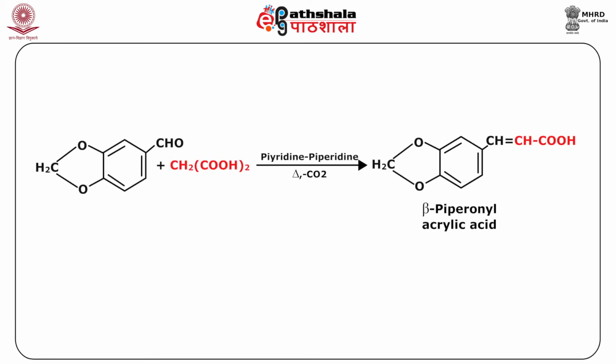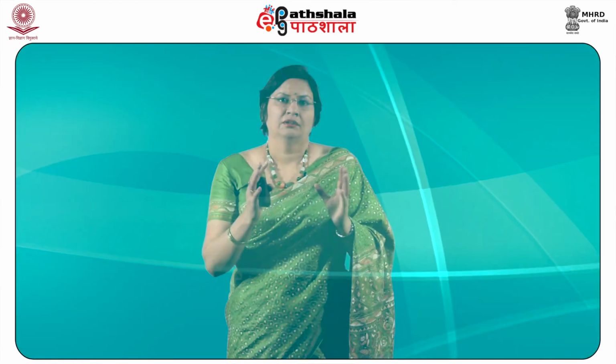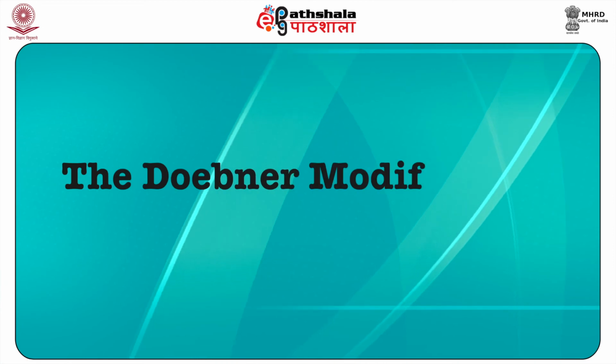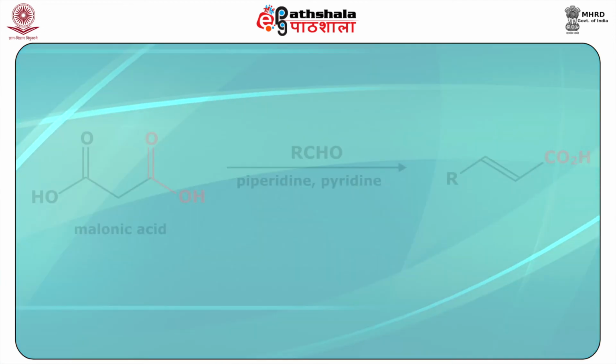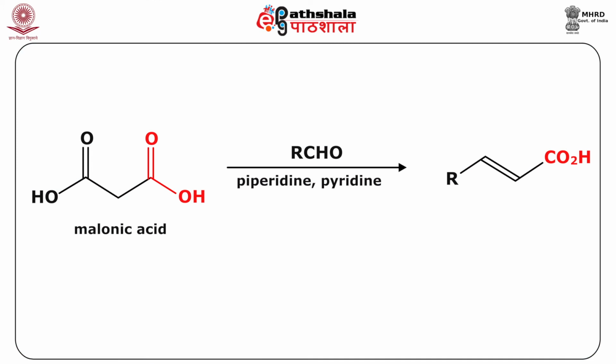Another example is this aromatic aldehyde when it is reacting with this active methylene compound, and it will be giving you this product after it is subjected to hydrolysis and decarboxylation. After the Knoevenagel reaction, let us look at the Doebner modification. When malonic acid is used in place of active methylene compounds and treated with aldehyde in the presence of a base, the product formed can lose a molecule of carbon dioxide in a subsequent step.